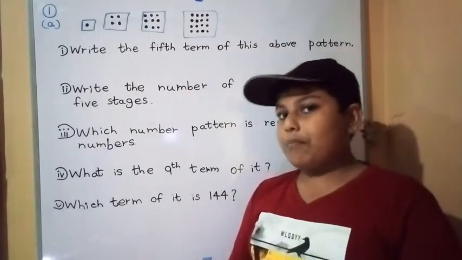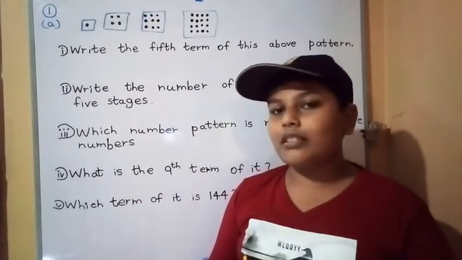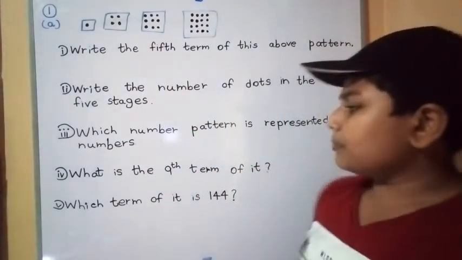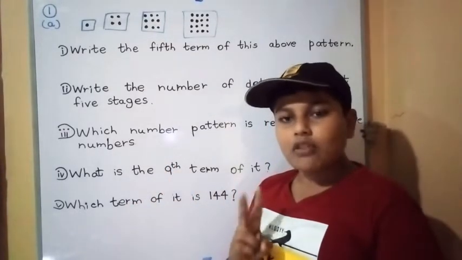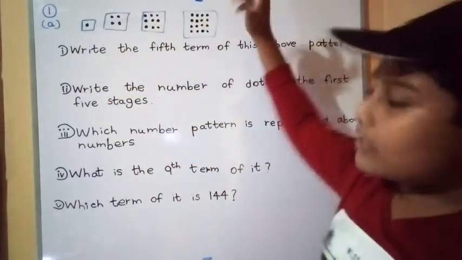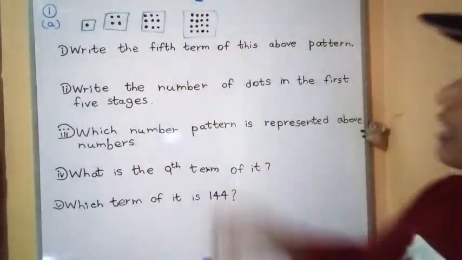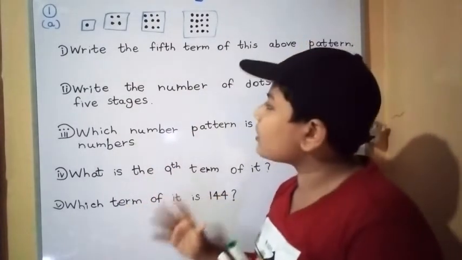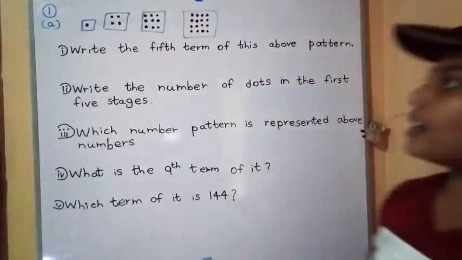Now you know the patterns they have. In grade 6 also you know what patterns are, number patterns, right? Now the first question has 2 parts, named A and B. Now part A introduces these dots, you look, like squares, right? The first has 5 sub-questions. Now what is the first question? Write the 5th term of this above pattern.